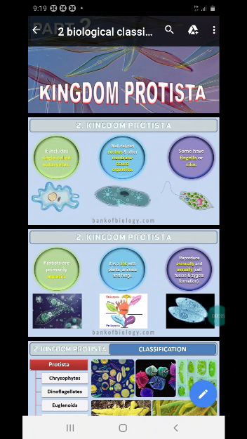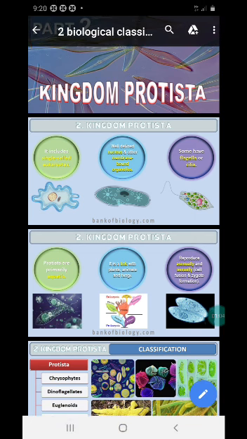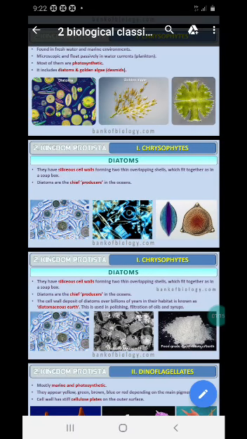And they are the chrysophytes, the dinoflagellates, the euglenoids, the slime molds, and protozoans. What are they? Again repeated: chrysophytes, the dinoflagellates, euglenoids, slime molds, and protozoans. Clear? And you know, all the Protistans are aquatic, either marine or freshwater living. Clear? Now let us see each of these classes in detail.